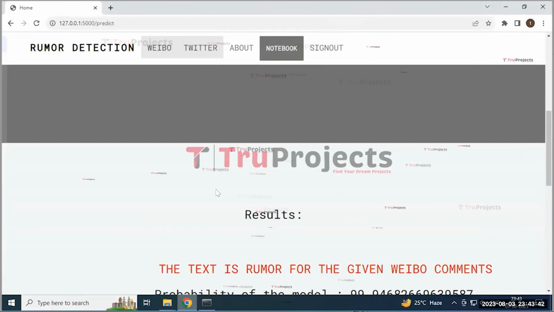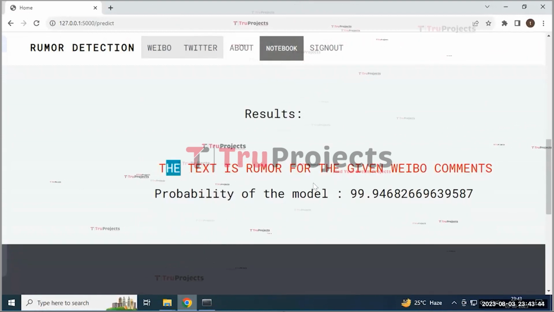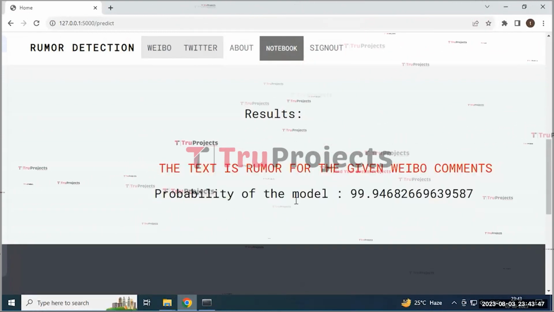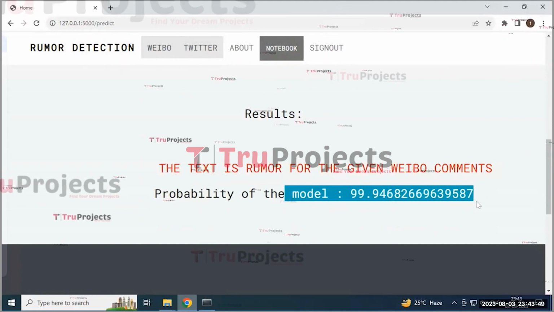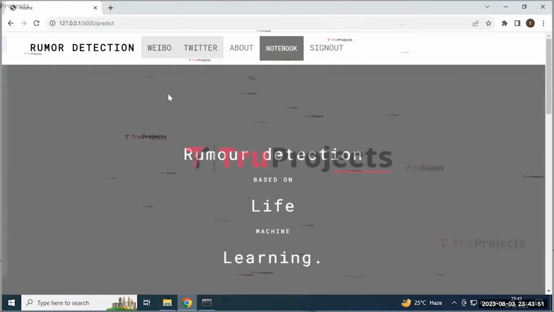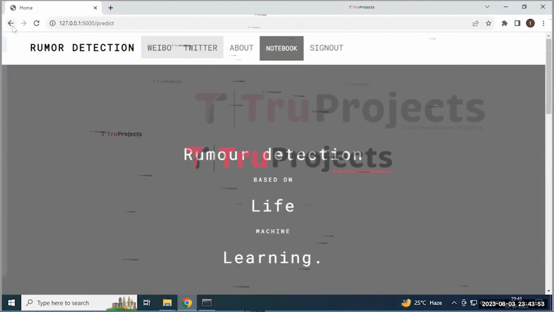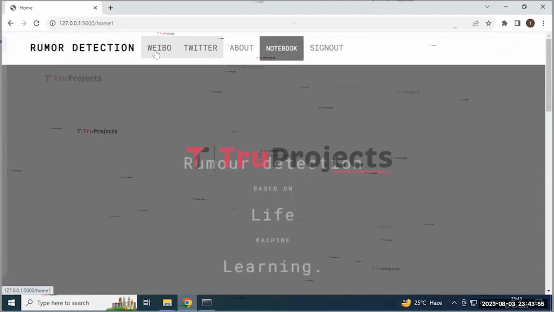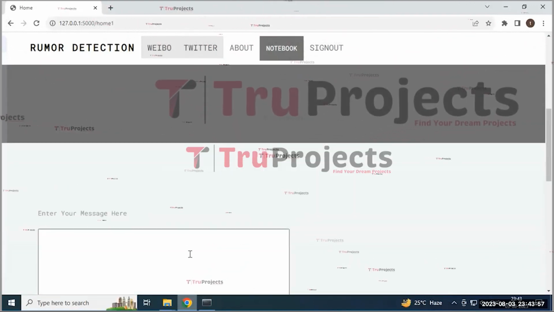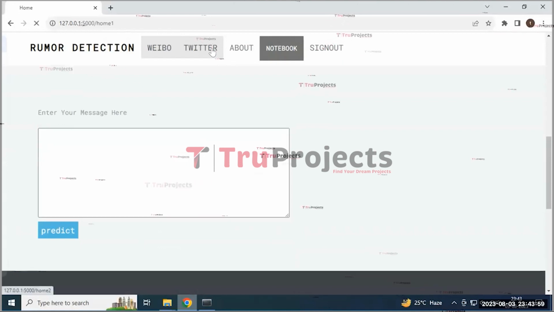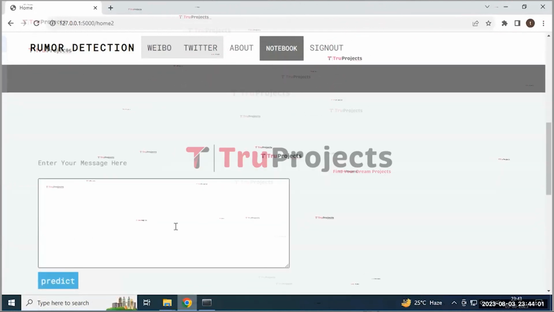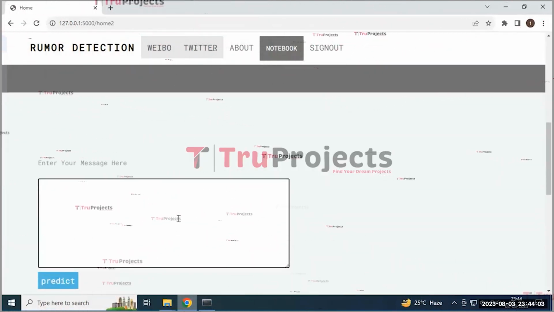And here it gives the result as the text is a rumor for the given Weibo comment, and it gives the probability as 99.9%. And then click on the back button, and here at the Weibo button, we can re-enter other data. And here by clicking on the Twitter button, in this also we can enter the message as